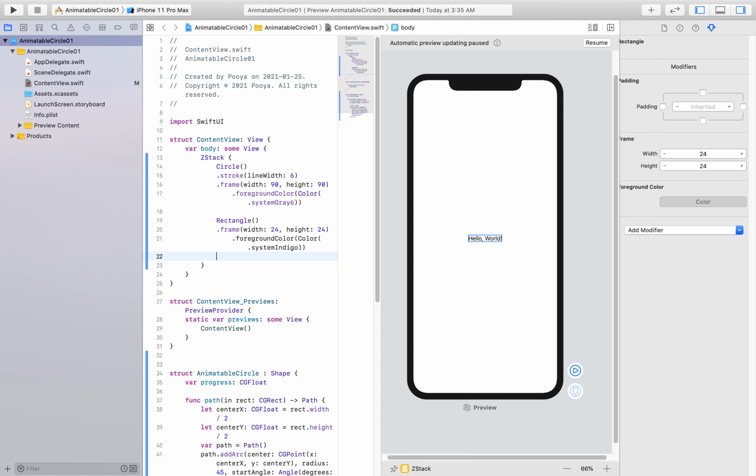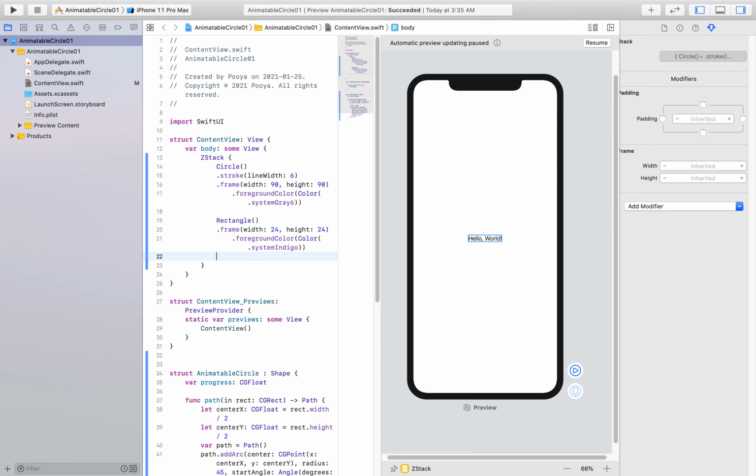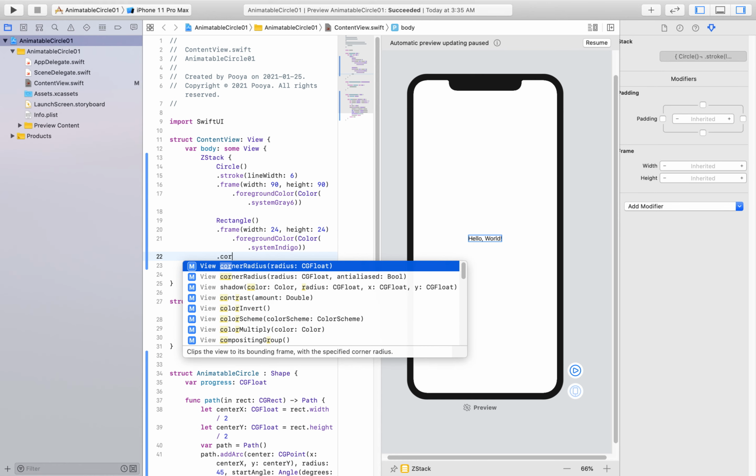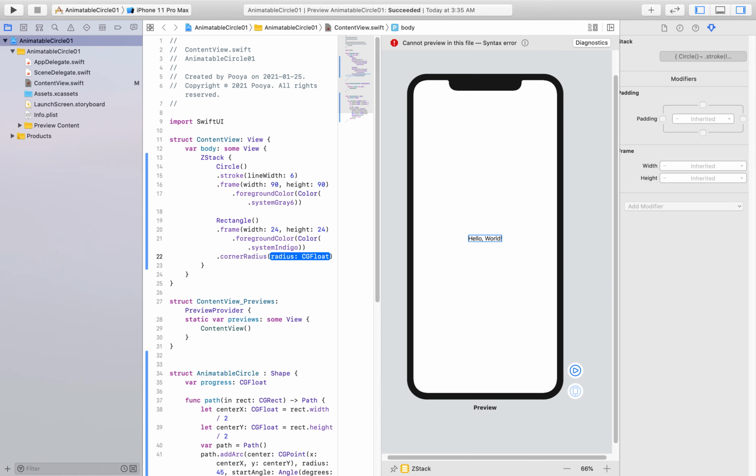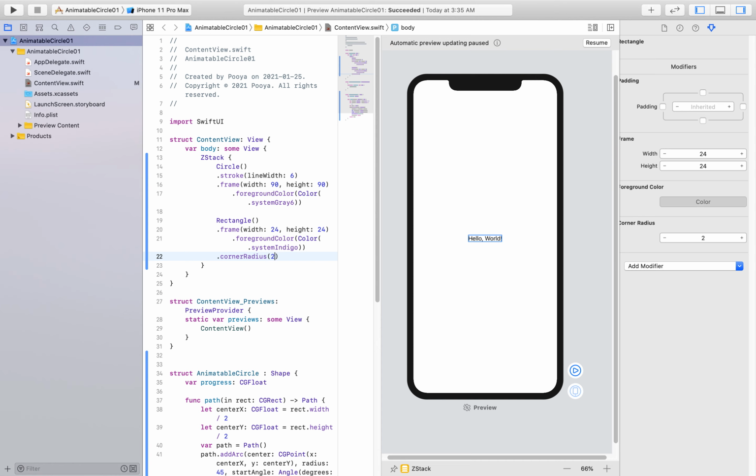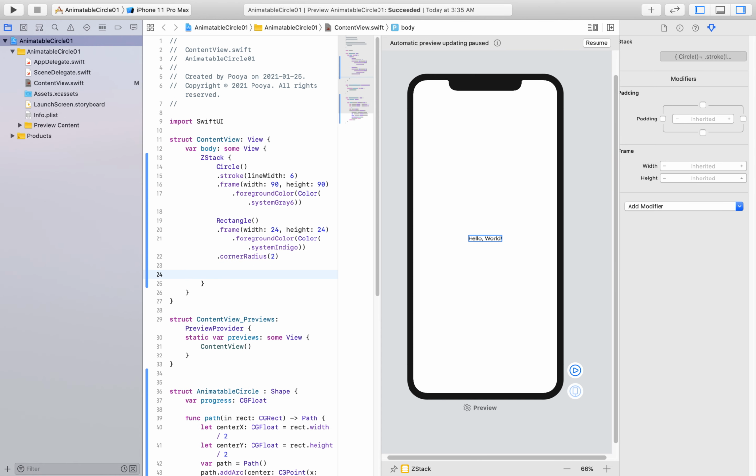I put it that, and finally corner radius. So corner of this rectangle, I give radius 2 to make it a little bit radiuses. Okay, so and finally my